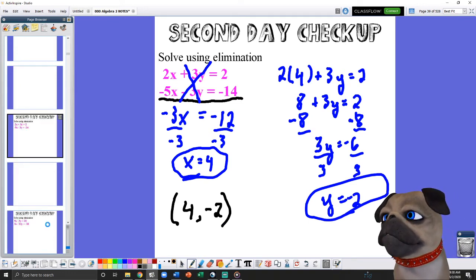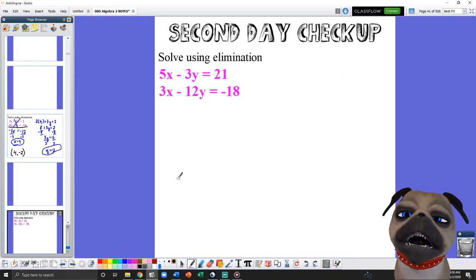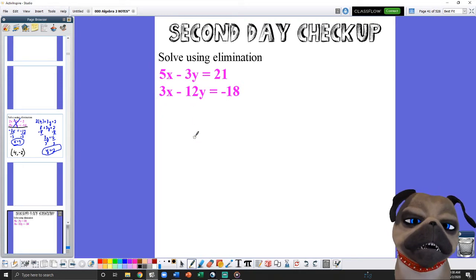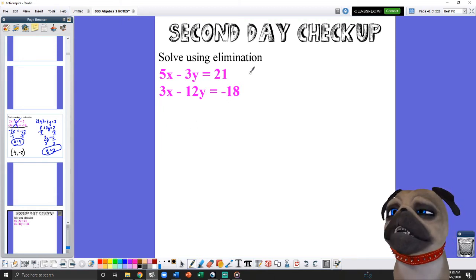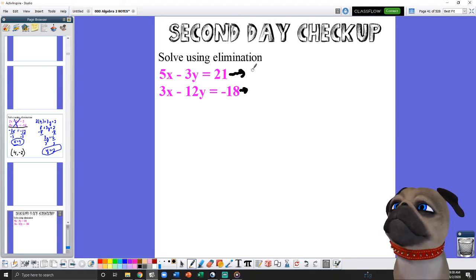Alright, let's see if we can go to a slightly harder one. Over here, we have 2 different ones. Those two don't match. Those two don't match. You go ahead, hit pause, see if you know what to do. Alright, hopefully by now you know what you've done. You've drawn your little arrows here,